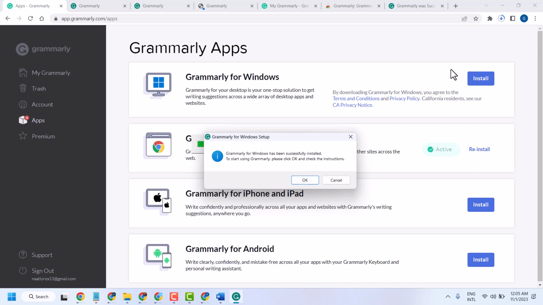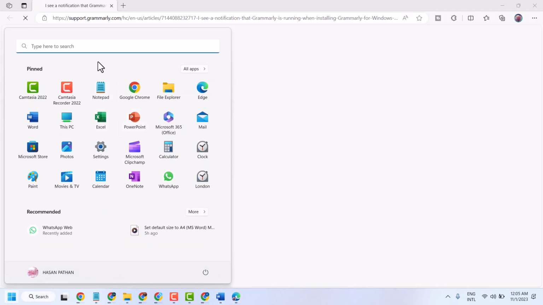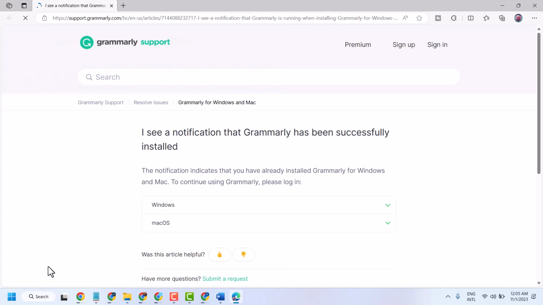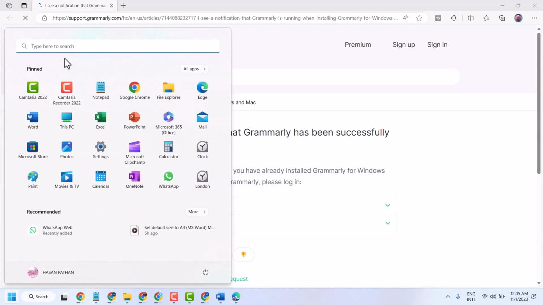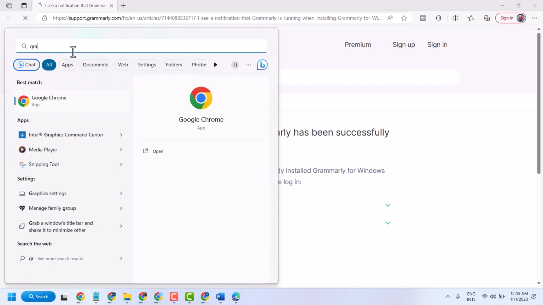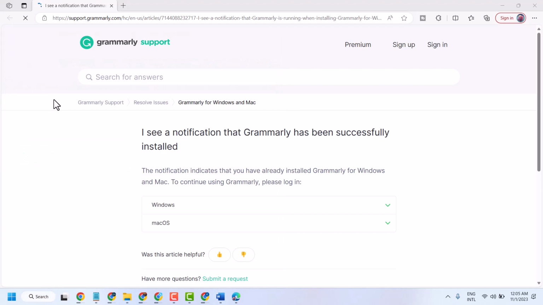And once this downloading and installing process completes, click on start and search here Grammarly. So open your Grammarly application